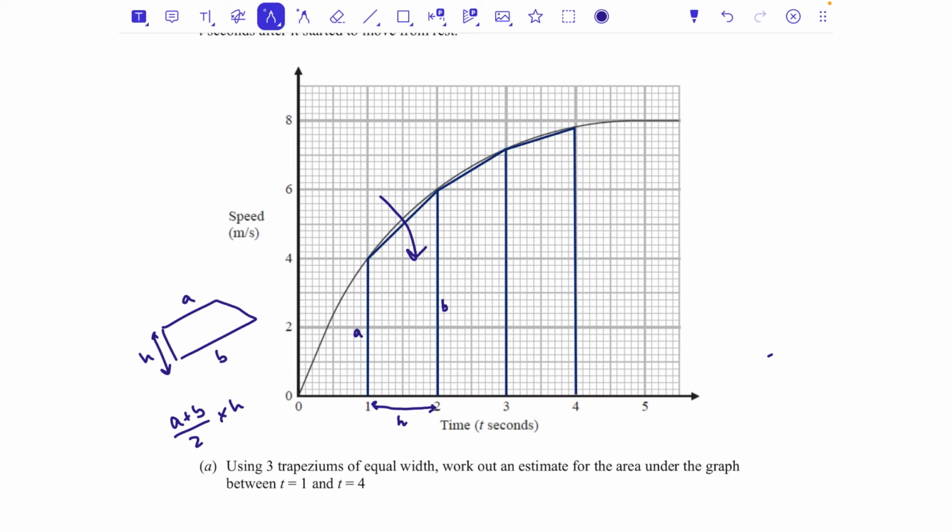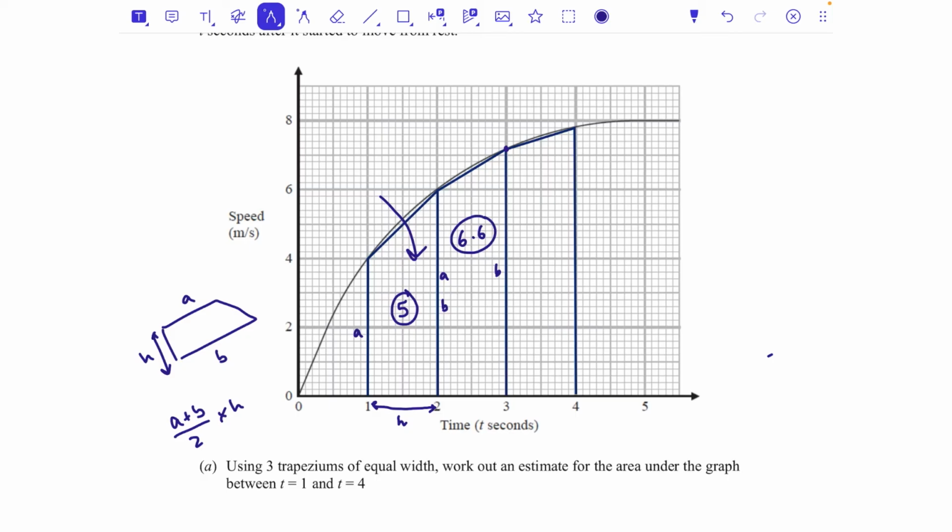So a is 4, b is 6, so 4 add 6 is 10, divided by 2 is 5, times by 1 is just 5. So the area of that bit is 5. Again, for the next one, this is going to be my a, this is going to be my b, so 6 add 7.2, divided by 2, and again we times that by the height, which is 1,